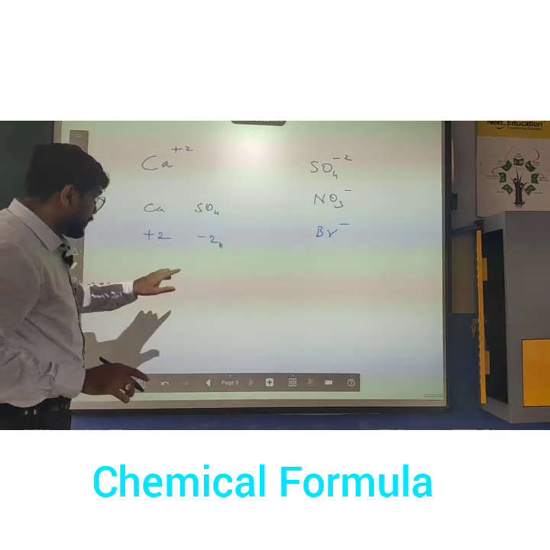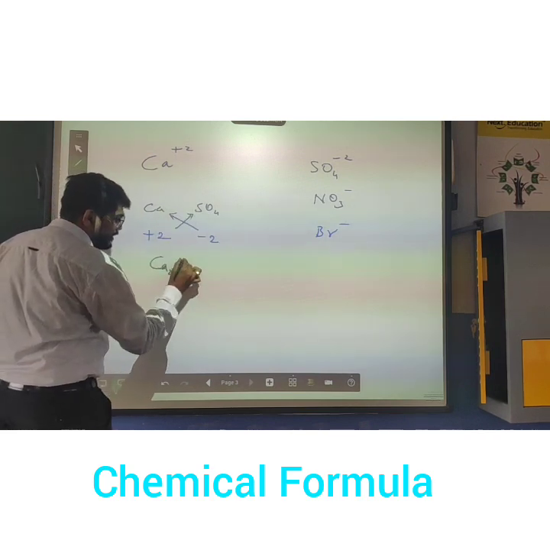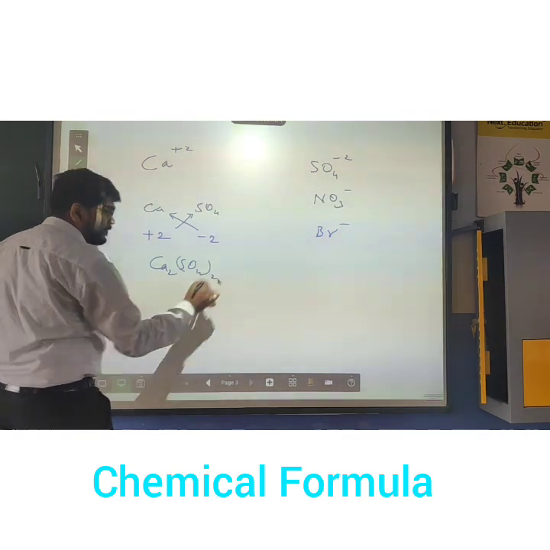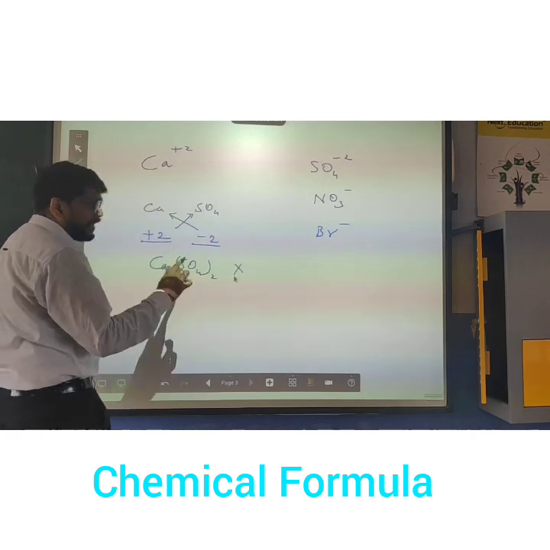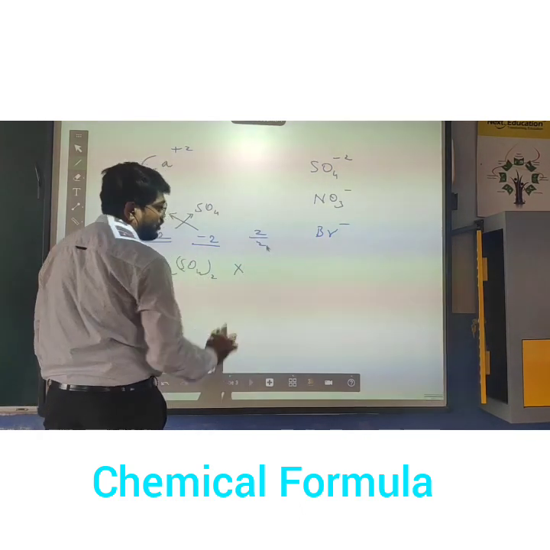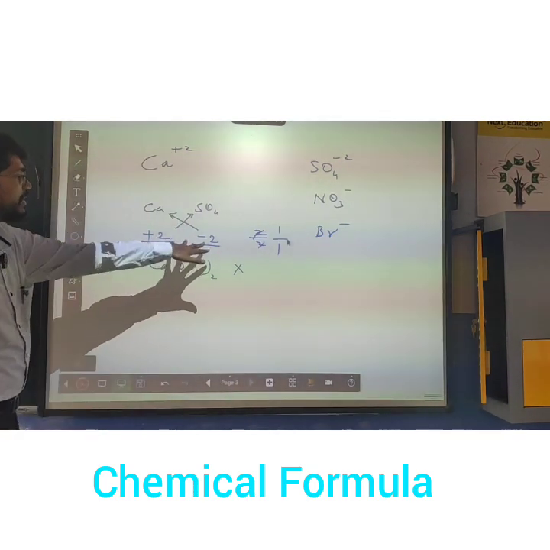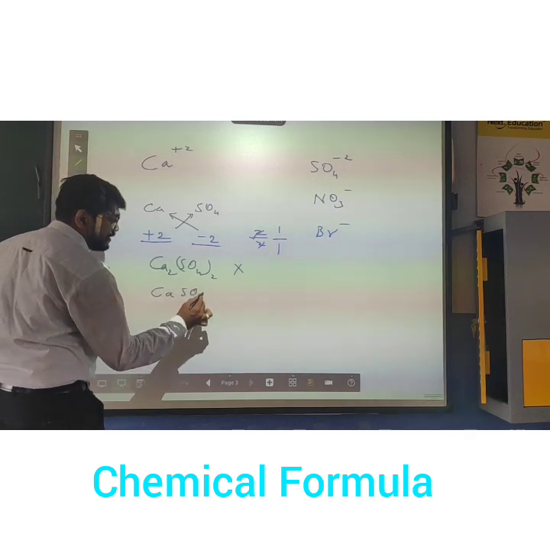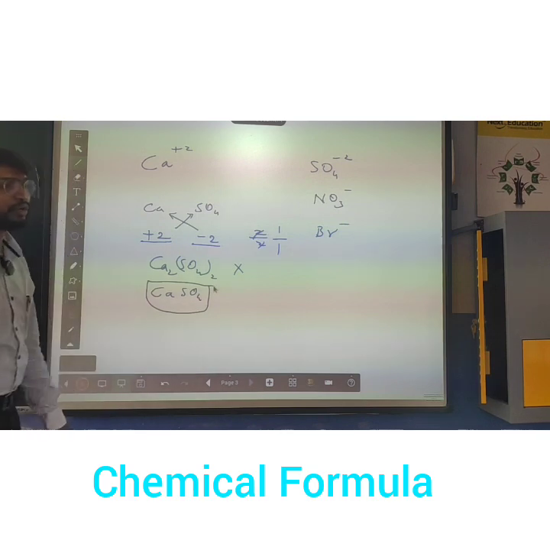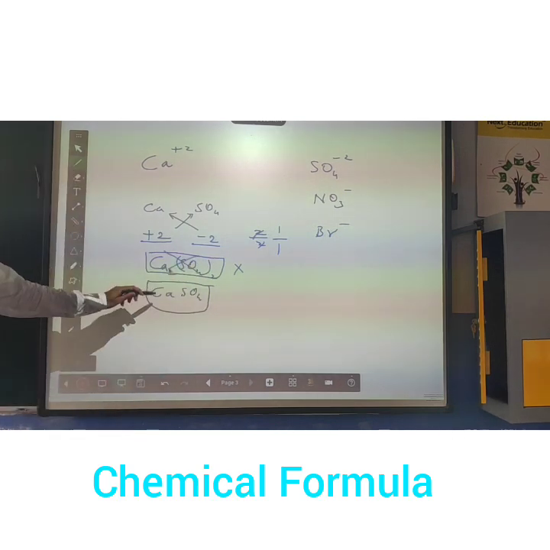Now here, the question comes. Both of them are 2. So if I'm going to write a cross, am I going to write SO4 twice? No. What happens? When you have a common factor, take the LCM of it or take a ratio of it. What will you get? You will get 1, 1. It means if you have the same valency, then you don't have to do anything, just combine the two. They are the best friends. This is what you can write. If you write it the other way, this is completely wrong. Understand? So this is how we can make it.